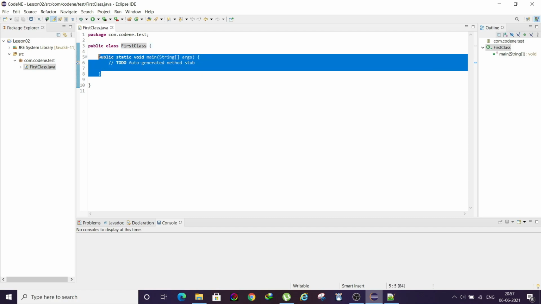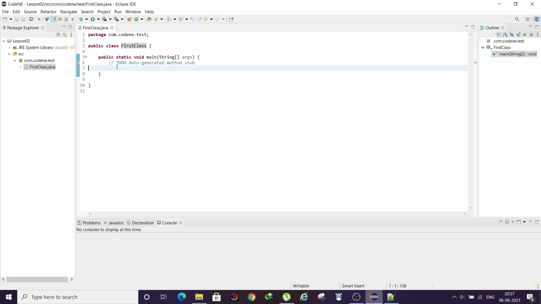Coming to the next portion, that is the main method. The main method has four mandatory parts. The main method always needs to be public, it always needs to be static, it always returns the void data type, and it accepts an argument, that is an array of string.